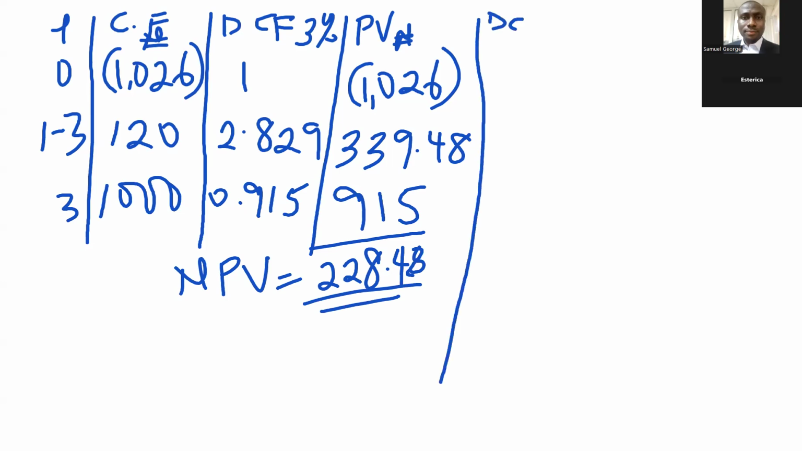The second DCF is the higher rate, 5%. Year zero is always 1. Go back to the table and check for 5%. The annuity factor of 5% for 3 years, I am seeing 2.723. Then punch your calculator: 1.05 raised to power minus 3. That is for year 3. I'm getting